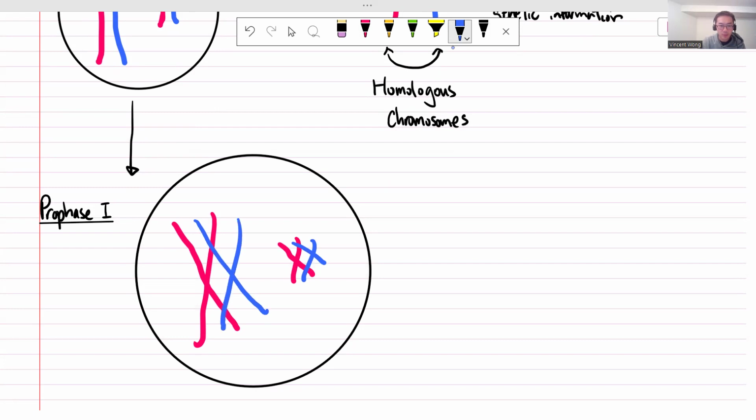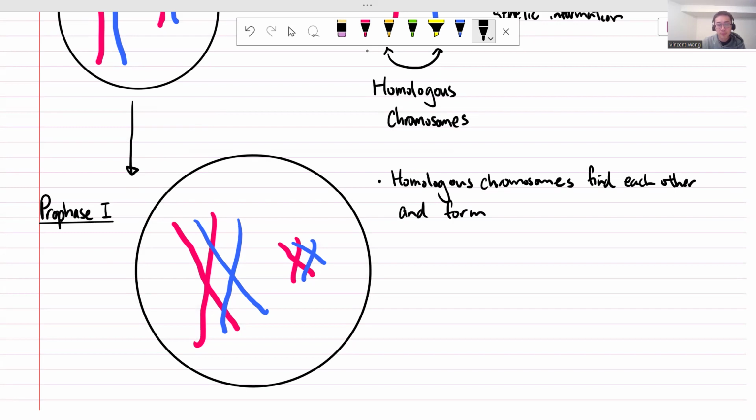Homologous chromosomes find each other and form a tetrad. A tetrad is like 2 X's, if you think about it. So that's like chromosome 1, 1, 1, 1, 2, 2, 2, 2. This whole thing